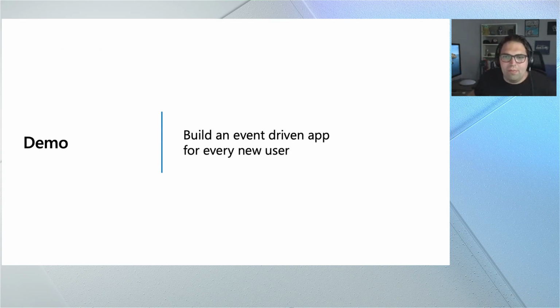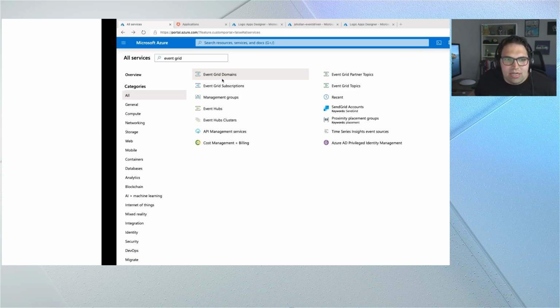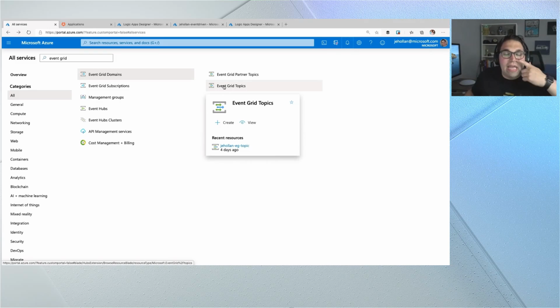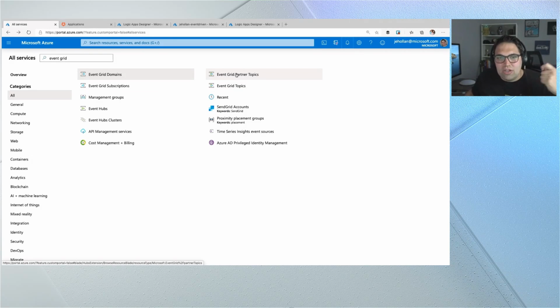So let's walk through that now. Where I'm going to start is actually here in the Azure portal, surprise, surprise. Because I'm thinking about that event, like a user is signing up, my first place I'm going to start looking is going to be EventGrid to get those notifications where I need